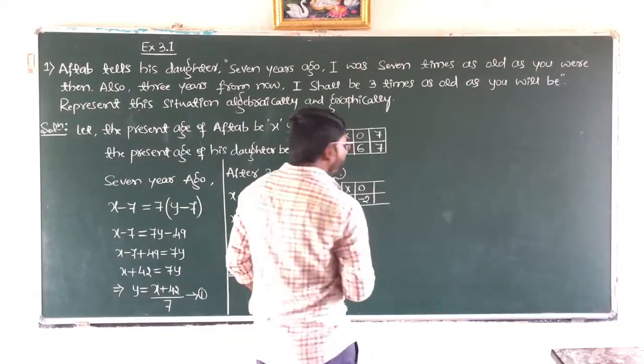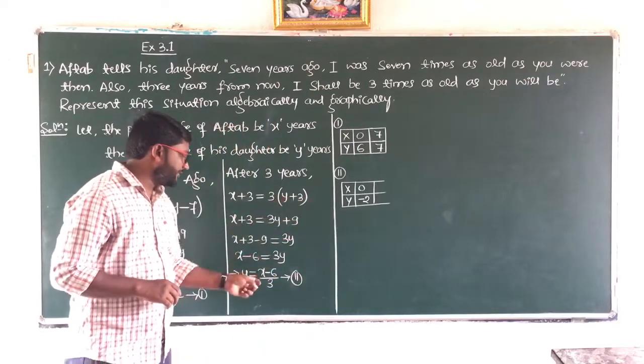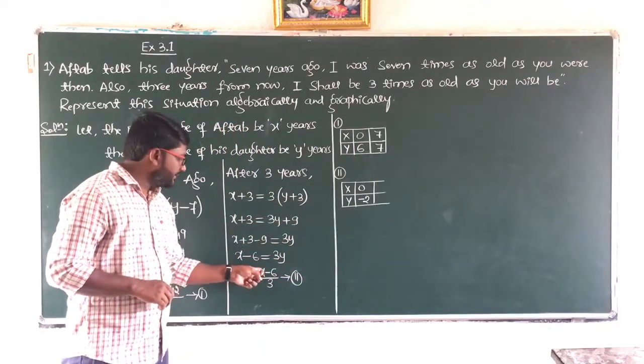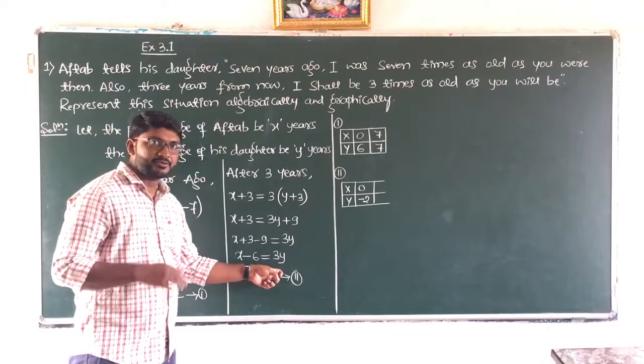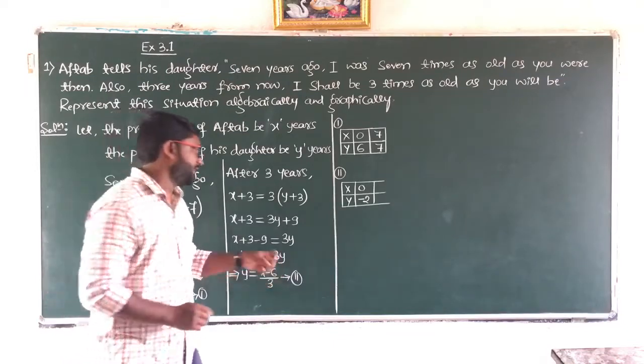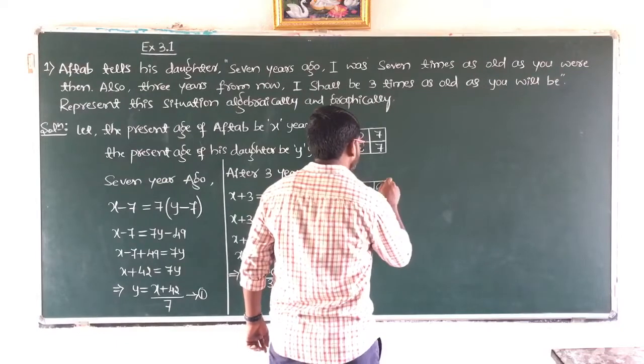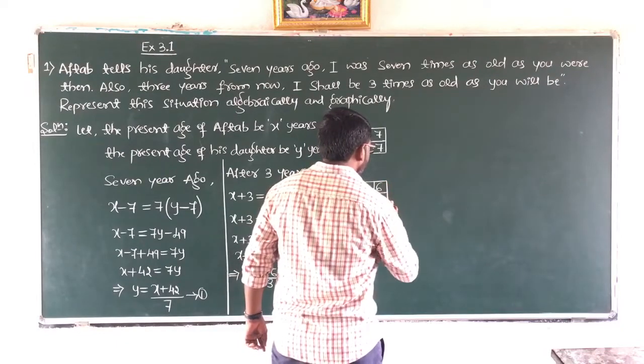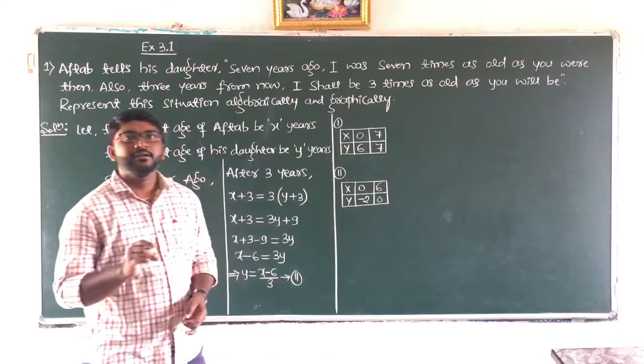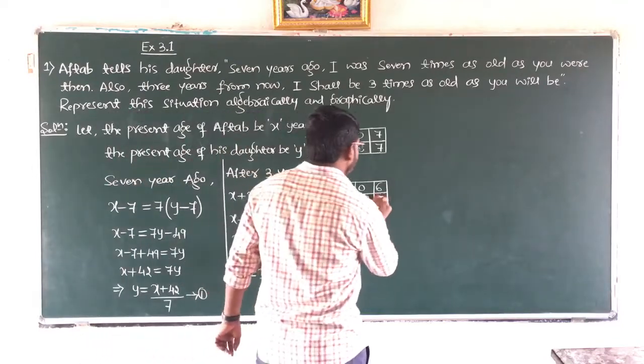Then now you take another value of x. I take x as 6. 6 minus 6 will be 0. 0 by anything is always 0. So if you take the x value as 6, the value of y will be 0. So for this table we have to plot the graph. So let us go for the graph now.